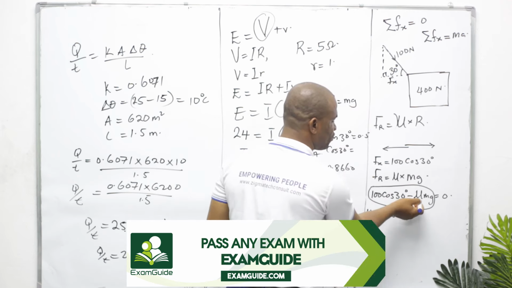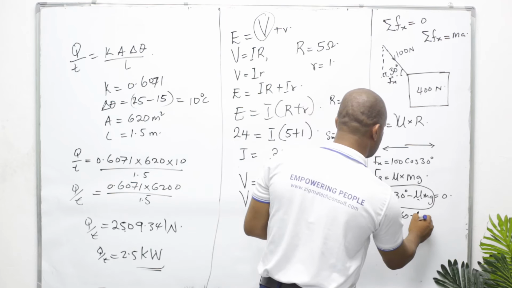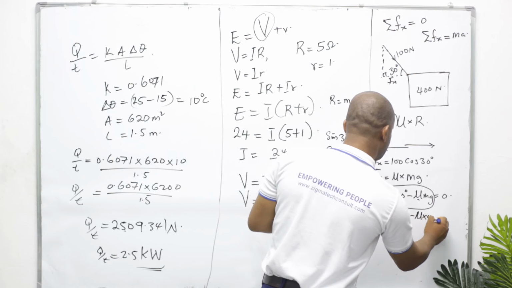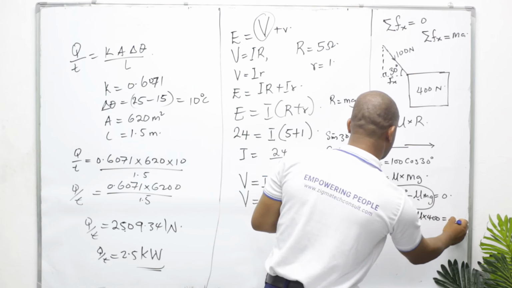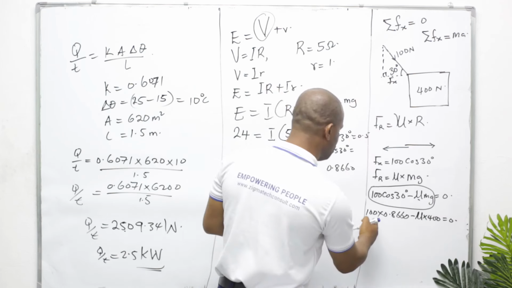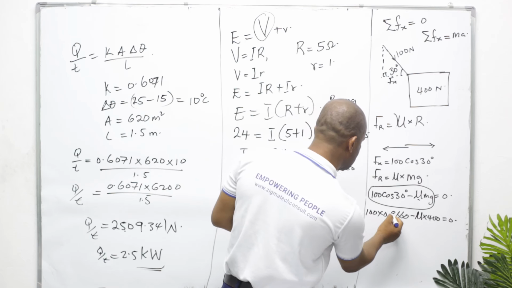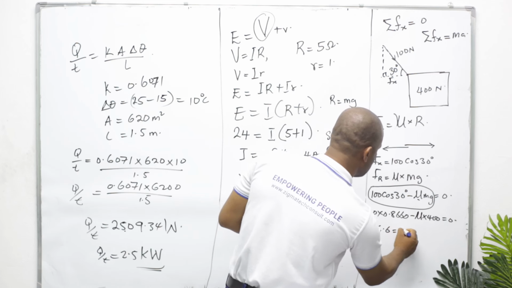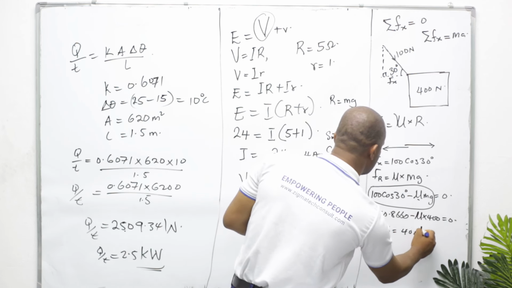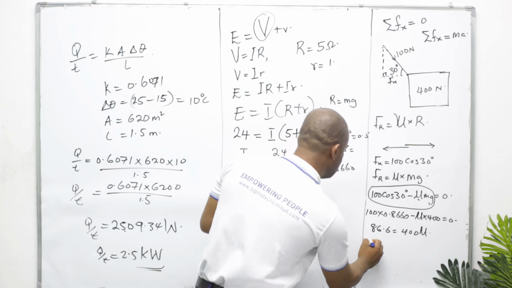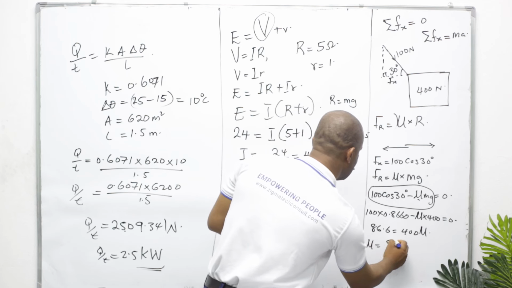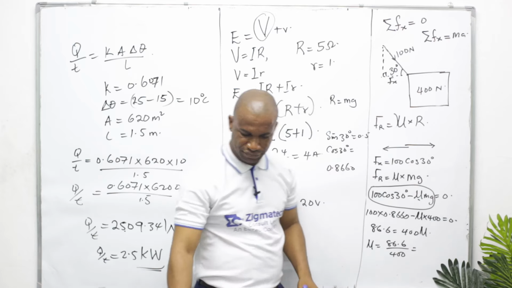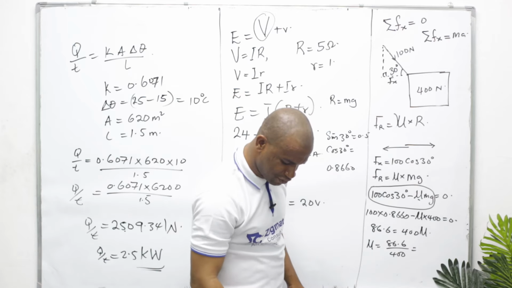minus, this is the coefficient of friction. I don't know it, so this is going to be mu times mg, which is 400, is equal to 0. So this times this is going to be 2 zeros, 1, 2. This is going to be 86.6 is equal to 400 mu. So this mu is going to be 86.6 all over 400, which is equal to, you just use your calculator on your system,